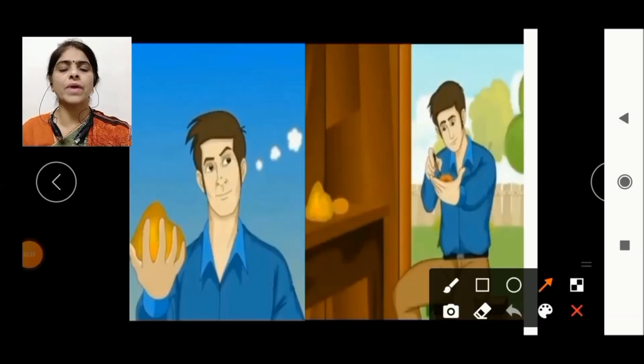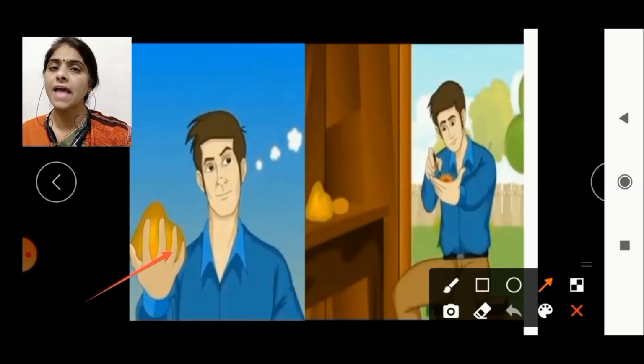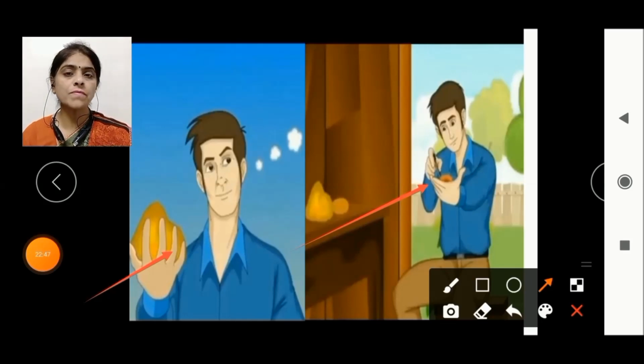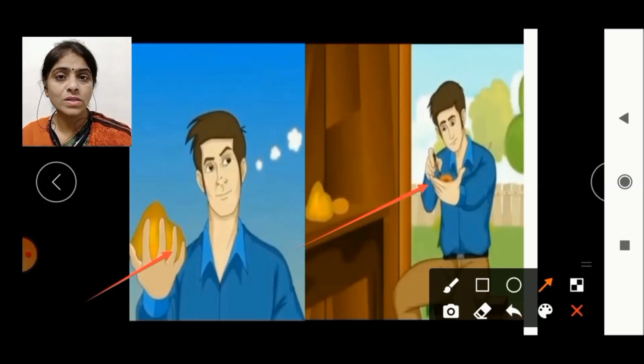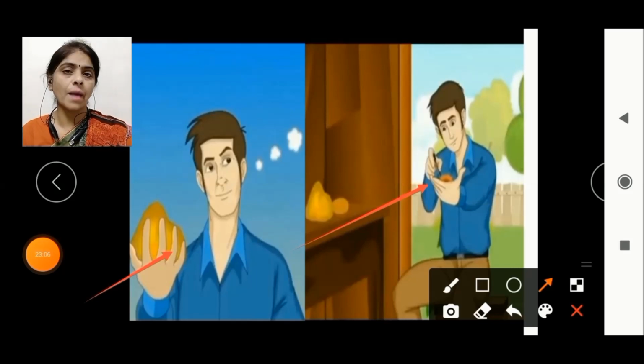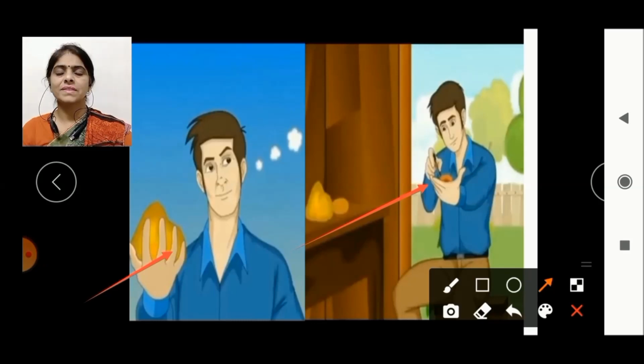Students, in this slide you can see Genie's grandfather is holding a shining lump, that is amber. And here you can see he is carving it carefully to make beads. Because of his hard work, these beads were very pretty. And his hard work was also rewarded when he gave these beads to his wife as a wedding gift. She was very happy to receive them and she wore them for many years. And then she kept them for her granddaughter.